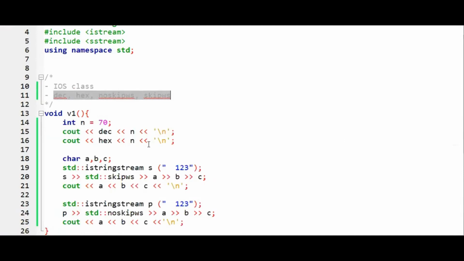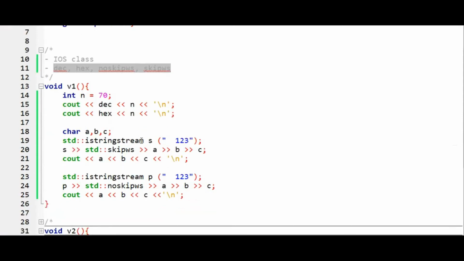Let's say we have an integer n and we want to print its decimal value. The way to do that is you use cout with the insertion operator. This would create a new line. This is 70, and it will be passed to decimal.